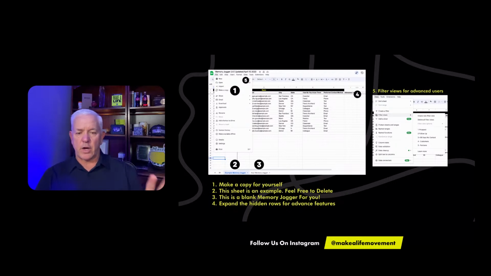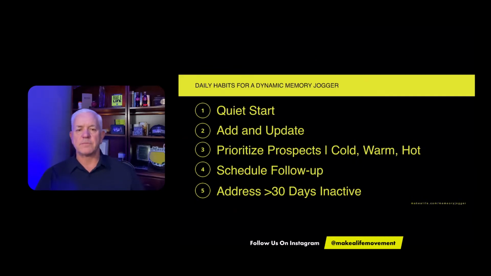And there's a blank memory jogger right there for you. And you just begin dumping names. Just dumping names. And you'll see when you get there, you've got a basic list. You can expand it, and we show you how to do that. You've got more features like, are they a prospect? Are they a customer? You can change their status, and we'll go over that later. But all that's there to make it even more detailed if you want it.